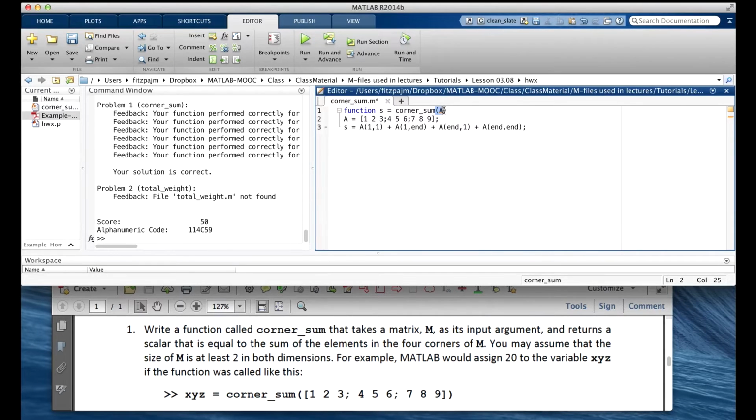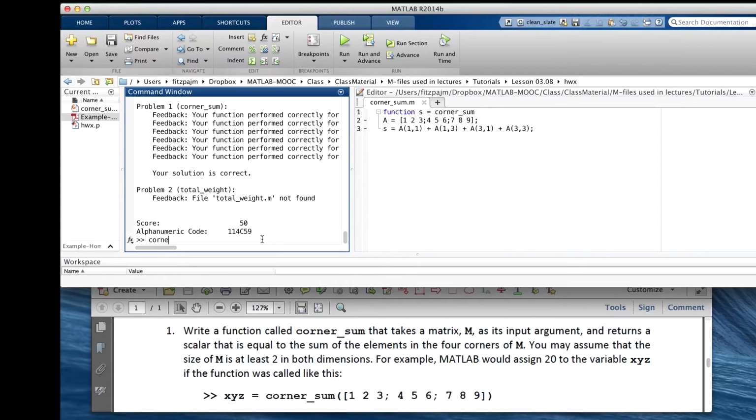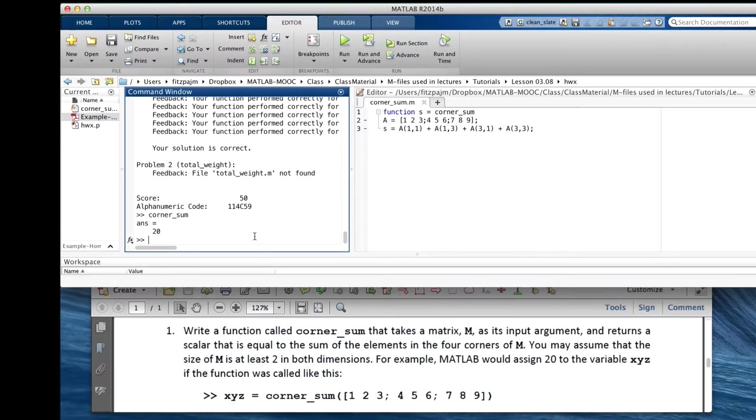And this time I think I'm going to forget the input argument here. And I don't remember this end keyword, it turns out. So let's just put the actual number in here, 3. This is a 3 by 3 matrix, so these are all 3s. There, that should do it. So let's try this thing. Gives me the 20. Remember, I'm supposed to get a 20. Of course, I didn't give it an argument, but we're making mistakes here.